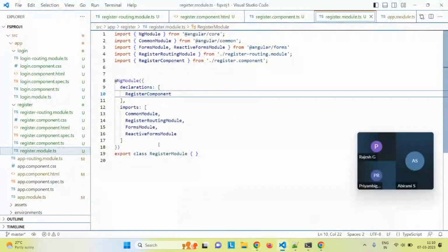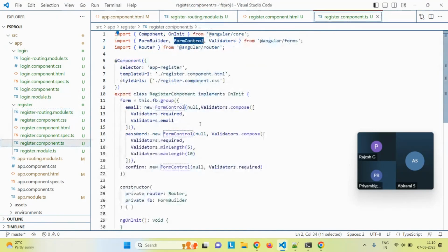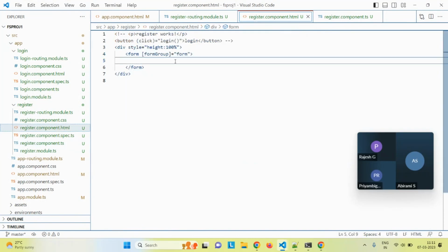In the register module, I just close this module now, and routing also. These routings we have already done. I'm just now in the register component. We wanted to have email, password, and confirm password, and I want to validate password and confirm password as well. That is next. First, I just bring a UI as simple